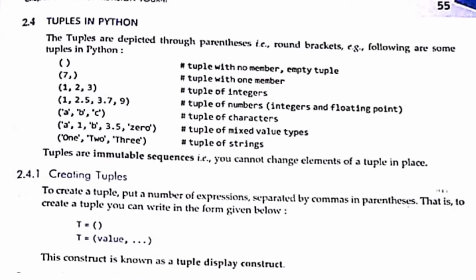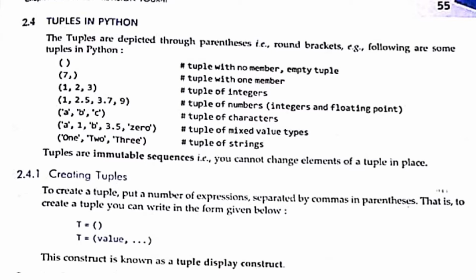So what is a tuple? A tuple contains a group of elements which can be of different types, same as we have seen in the list. So it is similar to a list, but tuples are read-only, which means we cannot modify its elements. Then tuples are represented using parentheses.